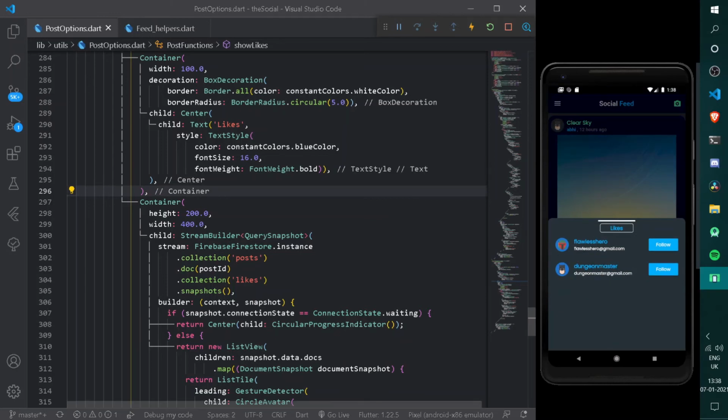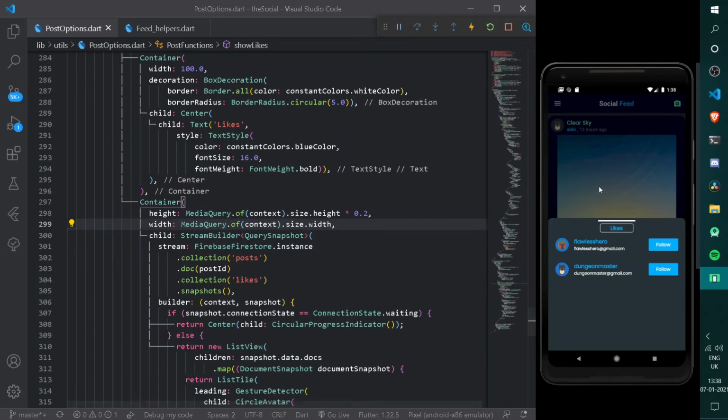For now, we can do one thing: change the following height under our media query, because we need a responsive application. So here let's have somewhat media query. Alright, let's open it one more time. Cool, everything is looking more cool now.